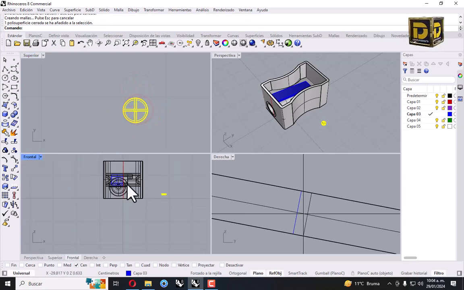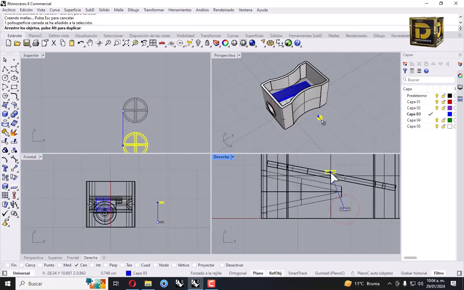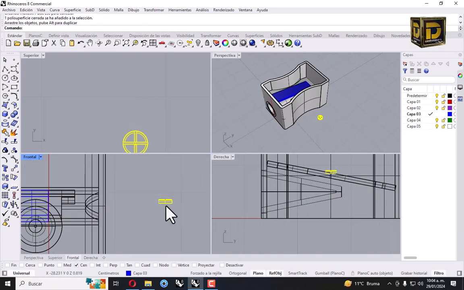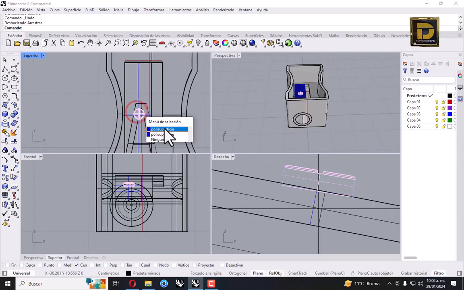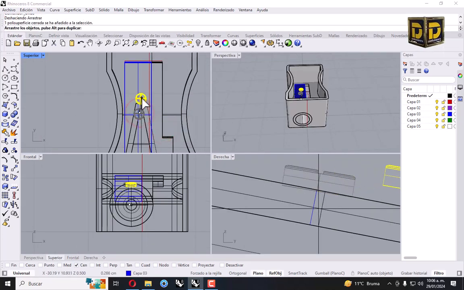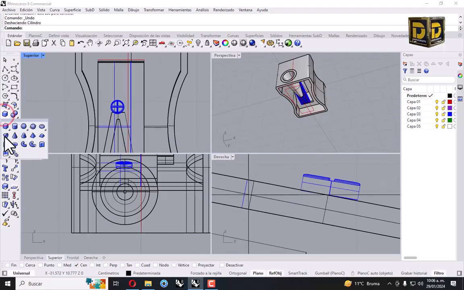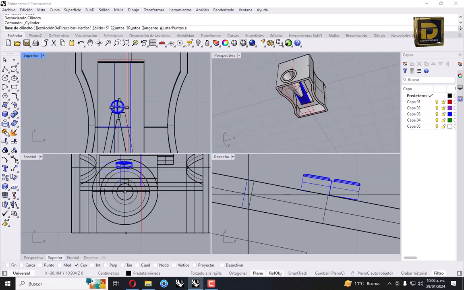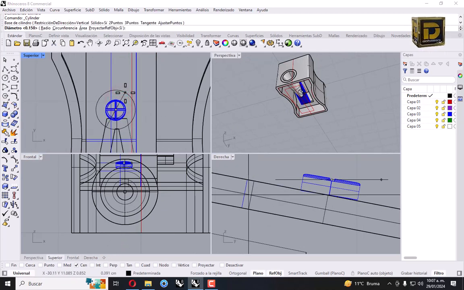This part we're going to move over this piece. Let me move. We're going to move this part here. Okay, we need to create a cylinder. Let's click the center and diameter 0.3.